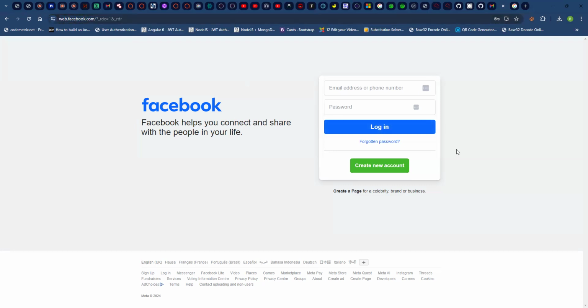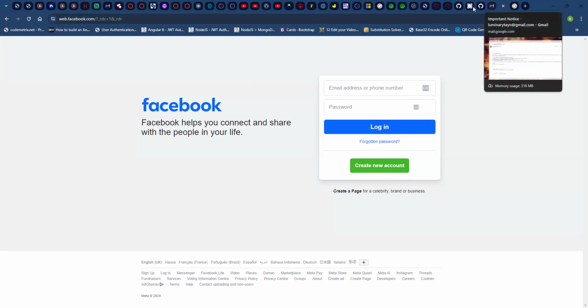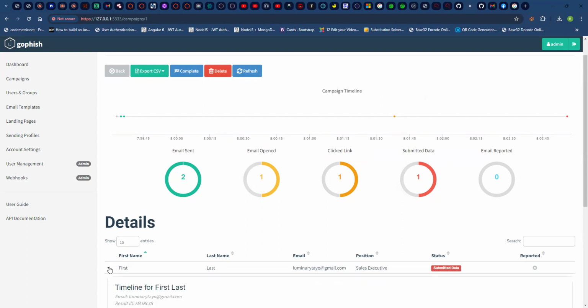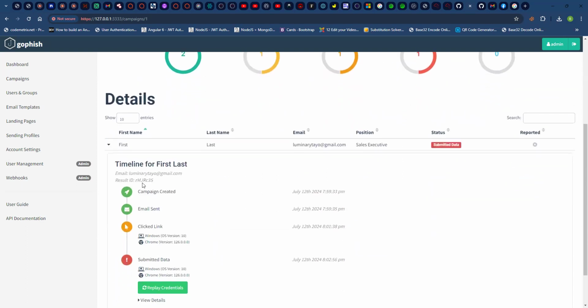Now, the user has been redirected to the original Facebook page, but what happens on our own end? When I go back to GoPhish, we see something now. The email has been opened, it was clicked, and data was submitted. Now, it told us that data has been submitted. Okay, how do we verify what was submitted? That's when we can click on the person that submitted the data. So we see the 2 users. So far, I didn't open the email for the second person I sent it to, which is my other email address. But for this user, we can come here and see what happened.